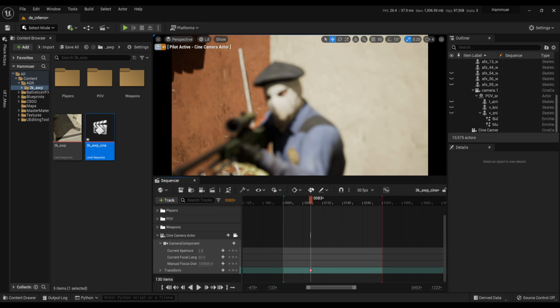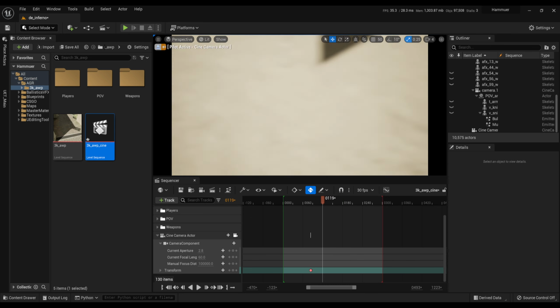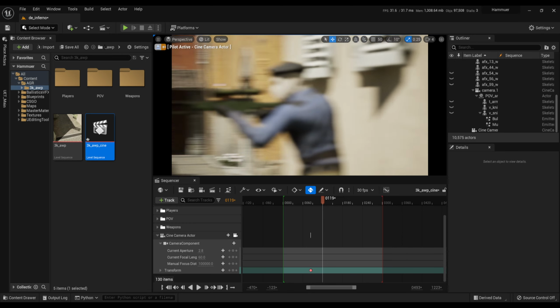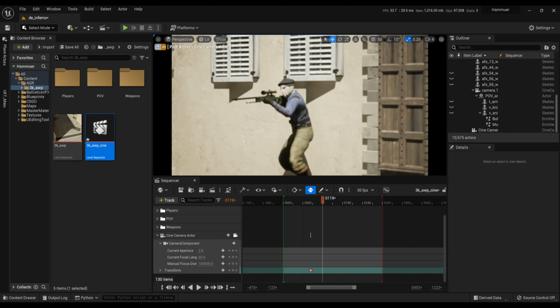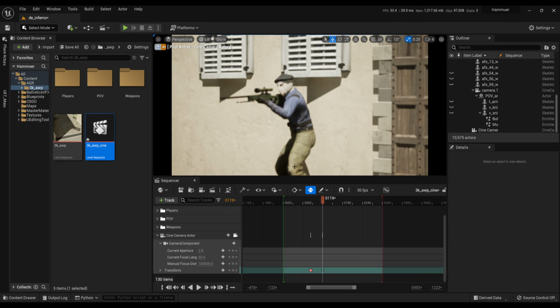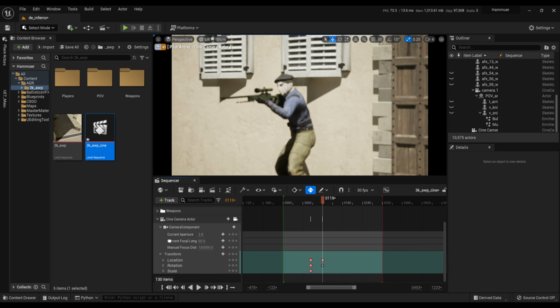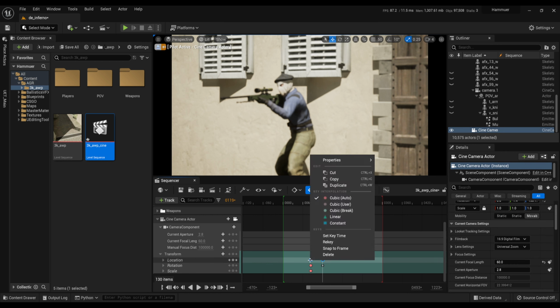Turn on auto keyframes. Move your camera to the place you want, and next keyframes will spawn automatically for you. And convert the first and the last keyframes interpolation to linear.